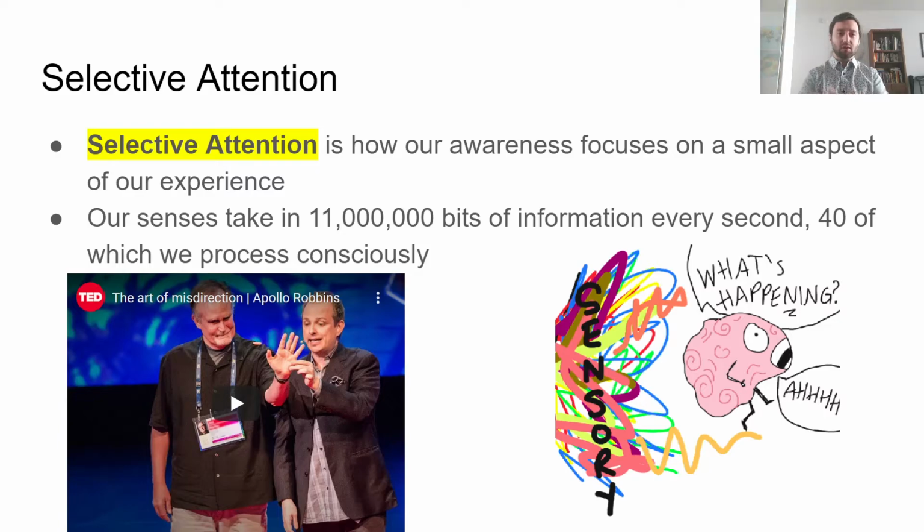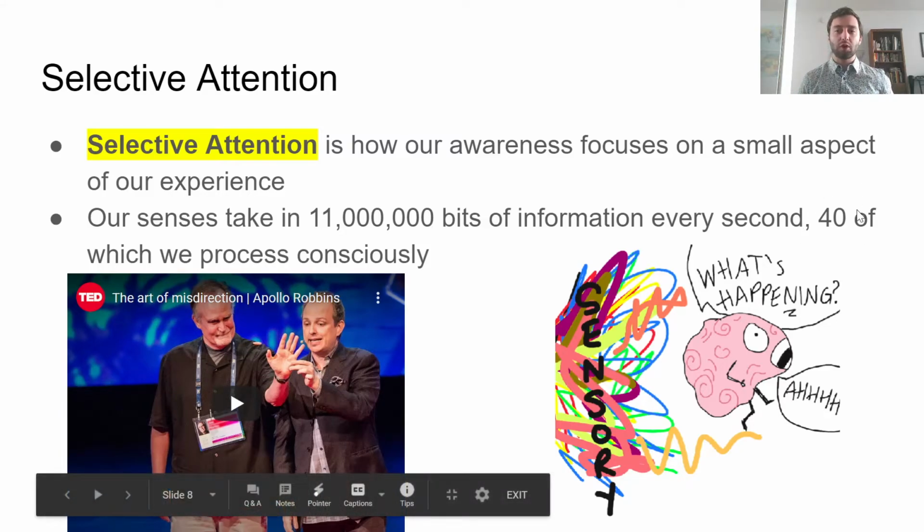Our skin, every sensor all over our entire body that's detecting heat or pain or cold or pressure or texture, right? All of them are working all the time. So our brain technically is getting 11 million bits of information every single second of every single day of your entire life. But we only process about 40 of those consciously. So we only actively acknowledge about 40 pieces of that information consciously.